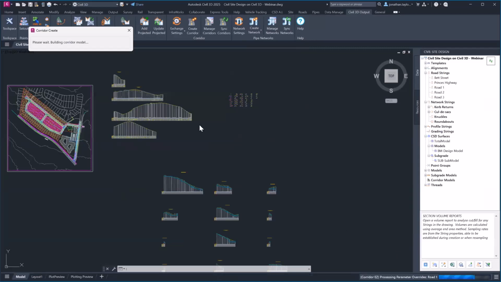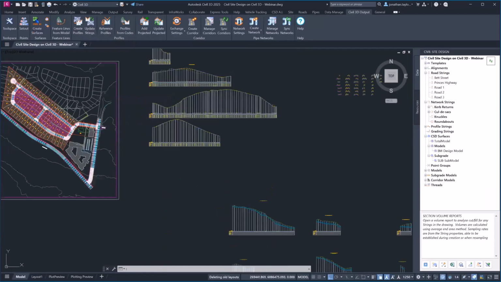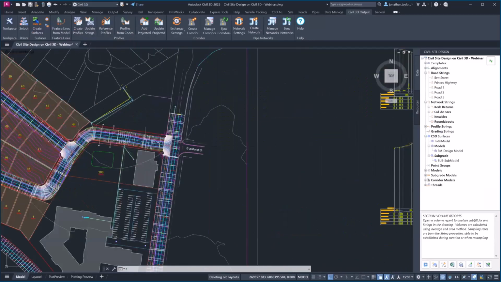You can see it's working away on that corridor. I'd like to obviously just mention the speed at which we've been doing everything with civil site design, and the work that would be involved with editing one part of the profile that was connected to this whole corridor, and what would be happening with regards to processing it. Now we have a full